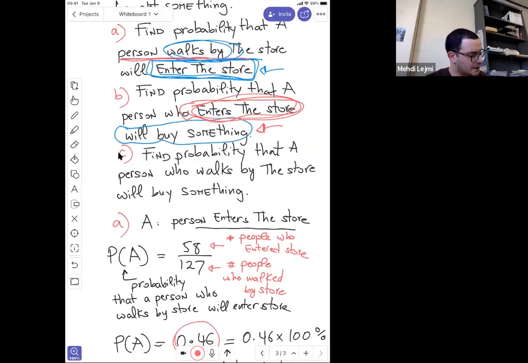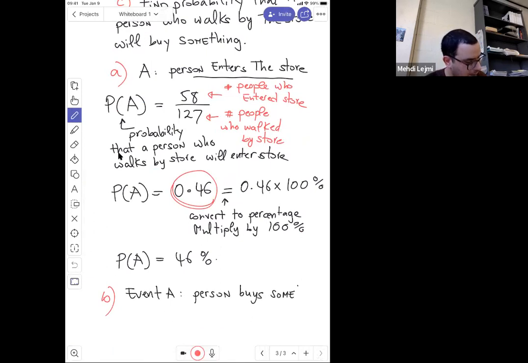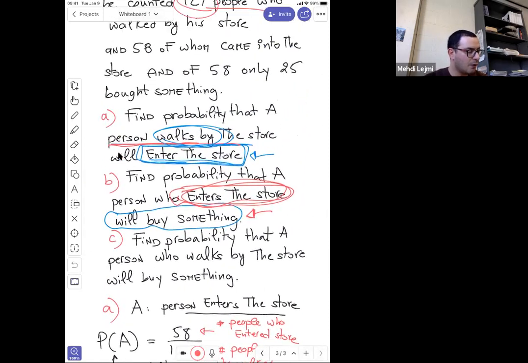So the event A here is that a person will buy something. And the sample here, just because it's different from the previous question, right? So here, the sample is not all the